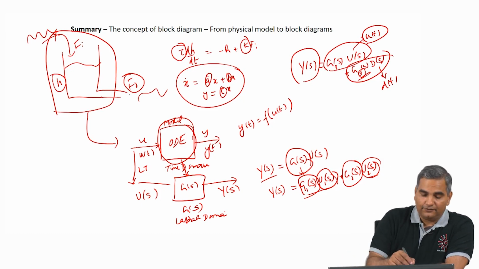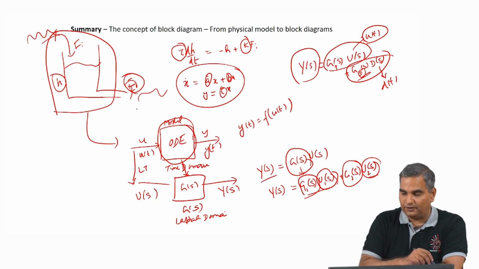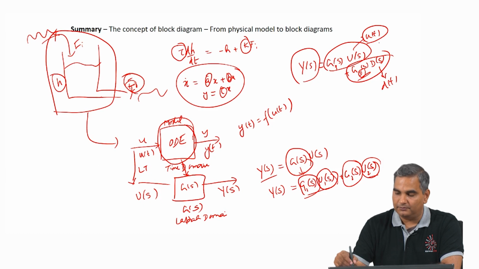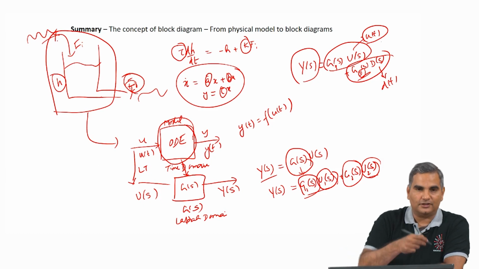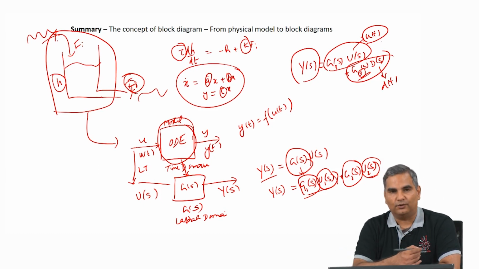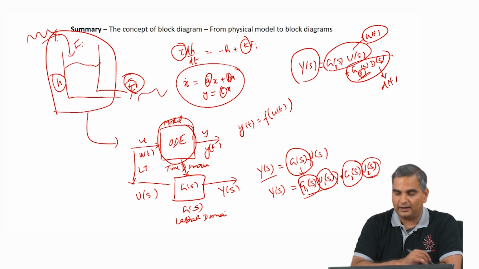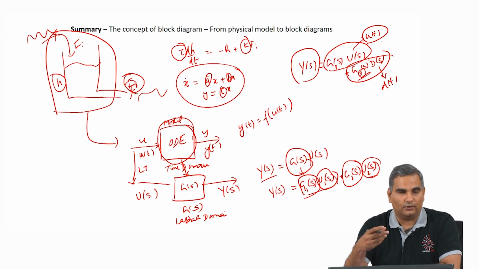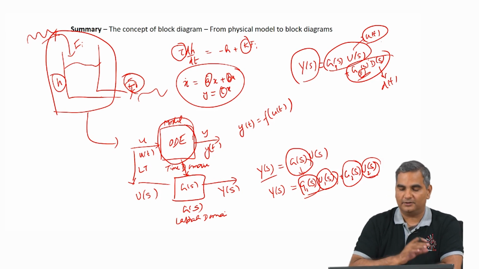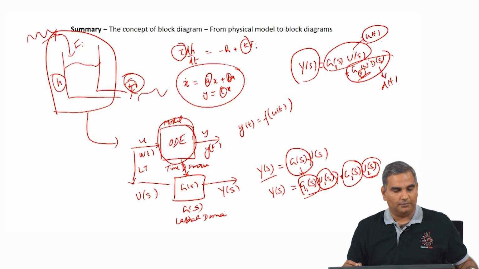Instead, if I were to put in a control valve here and then I manipulate F naught, then F naught will become u of t, and Fi, which is uncontrolled and any amount of flow can come in, I really do not have a control over that, will become d of t. So, this u of s and d of s are actually Laplace transforms of real physical variables, something that I want you to keep in mind.